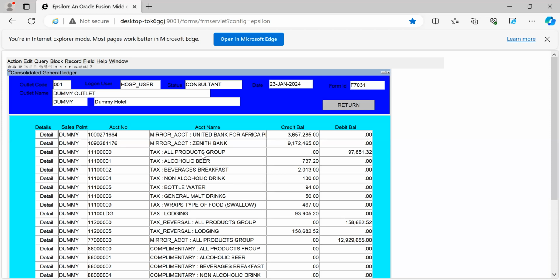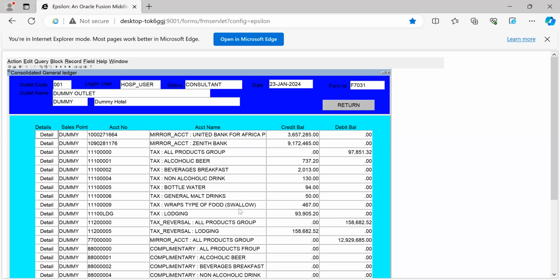Now, tax all product group. That is all the various taxes applicable to your services, your goods. Then total amount is this. And this one is a combination of tax on alcoholic beer. Every items you said in the restaurant that refer to alcoholic beer, this total amount of tax. Beverages, breakfast, total amount of, so all these are tax up to this place, which include tax on type of